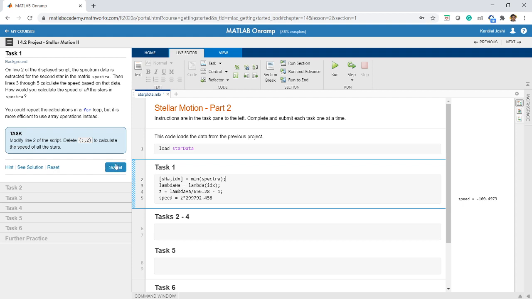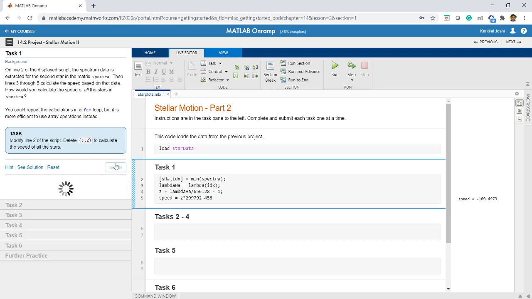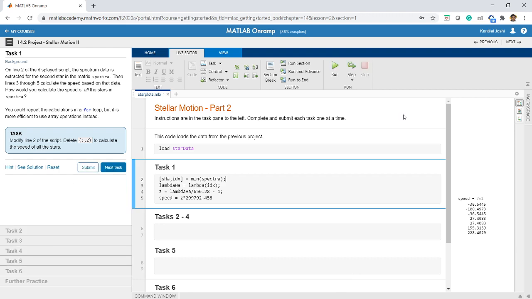Let us see how this works. When I press submit, it is taking some time for execution. Yeah, you see I got all the answers. I got the speed for all the stars, 1 2 3 4 5 6 7, seven stars are there.